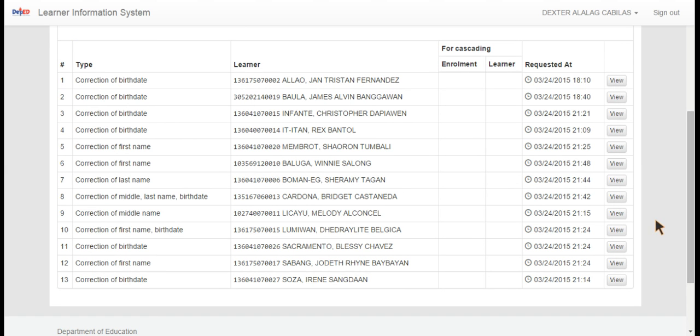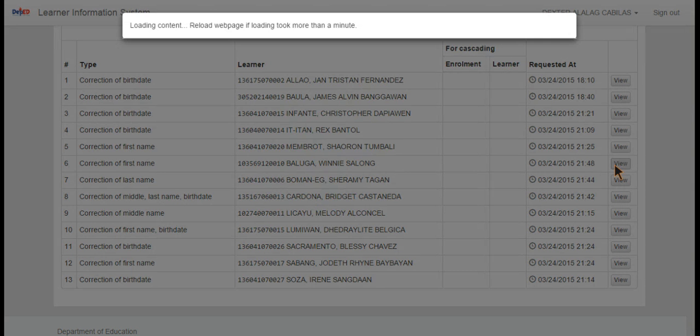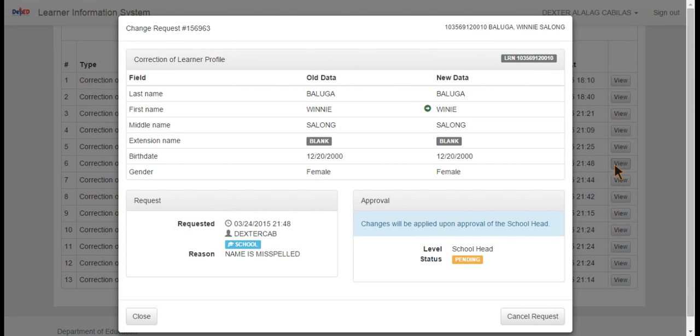Now, to be able to view the profile of the student that needs approval, all you have to do is to click on view, and this window will pop up bearing a change sequence number that is being requested.